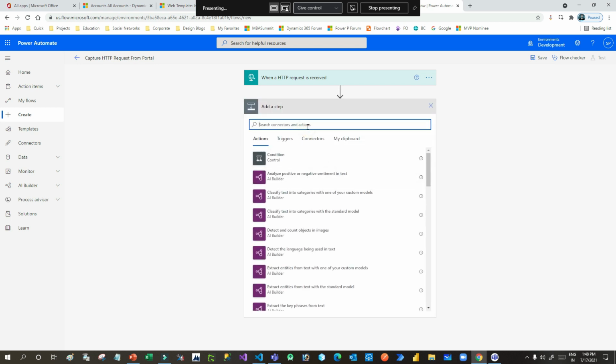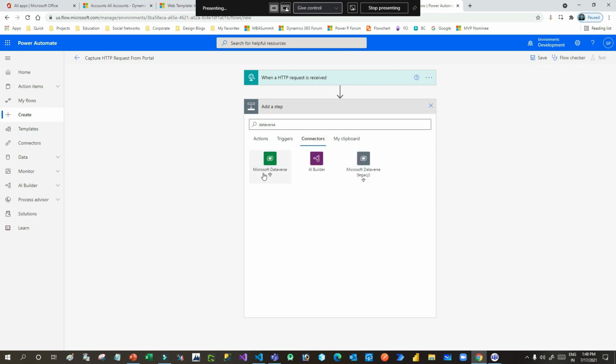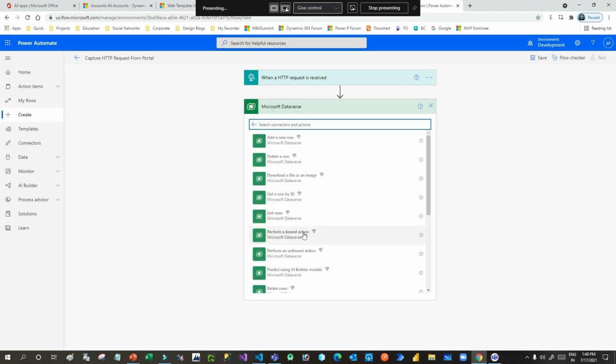So when the HTTP request is received, what step do I want to do? I want to update Dynamics 365 or Microsoft Dataverse account record. So I will search Dataverse. Okay, so this is the Dataverse connector. I will select Dataverse. What action do I want to perform?